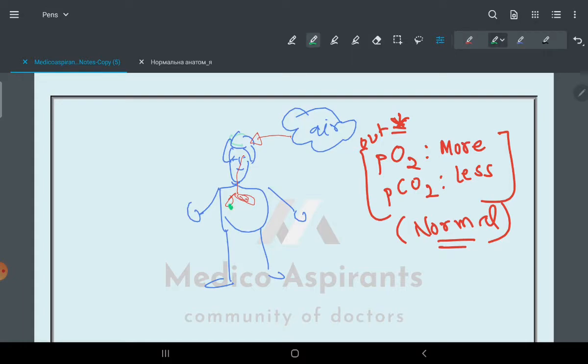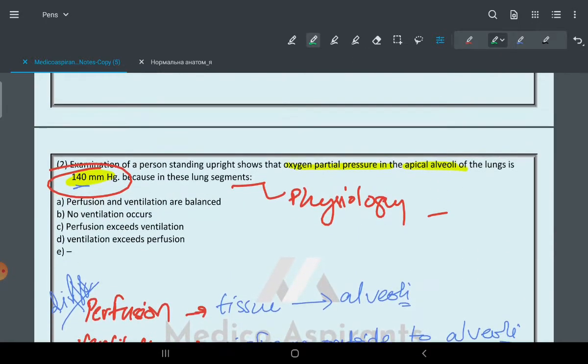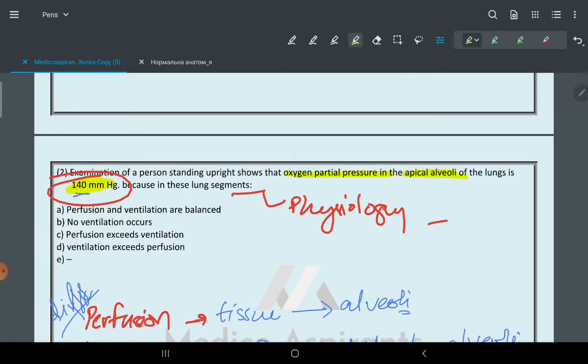Here it is opposite. Okay, that simple, only this thing. Here I did not tell you any numerical value, and it is going to solve the question. How? You see here, the person is standing upright,